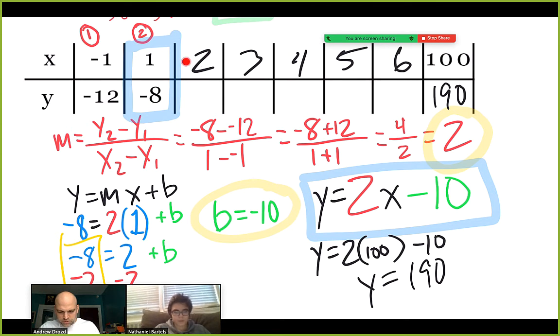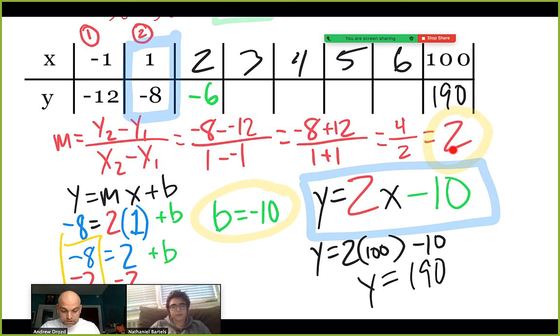So you're going to help me out. I know that when x is 2, it's going to be 2 times 2 minus 10. What's 2 times 2? 4. 4 minus 10 is -6. And you know, another way that you could have approached this, actually this might be the easier way,